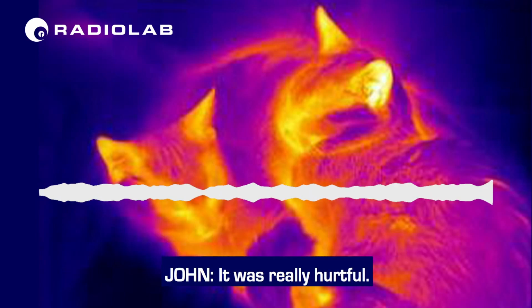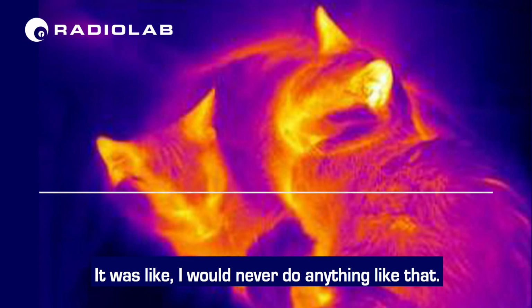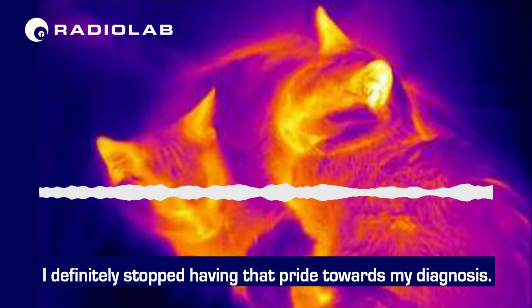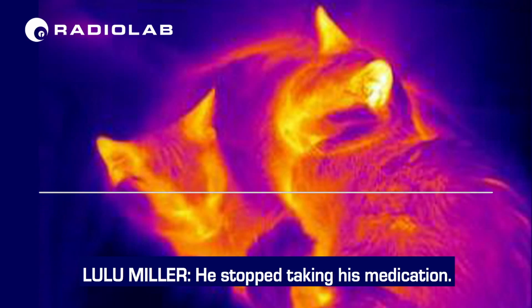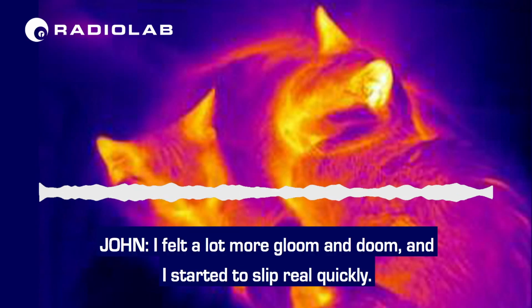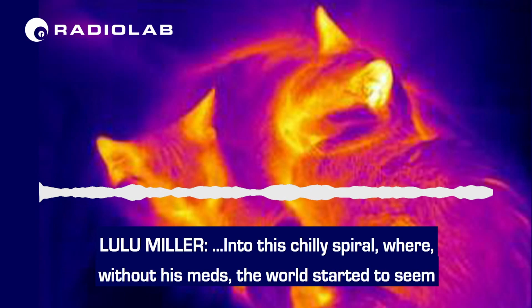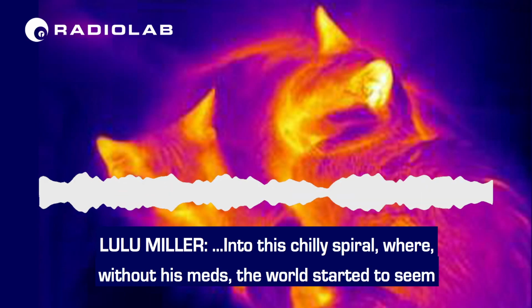It was really hurtful. It was like, I would never do anything like that. I definitely stopped having that pride towards my diagnosis. He stopped taking his medication. It felt a lot more gloom and doom, and I started to slip real quickly into this chilly spiral where,